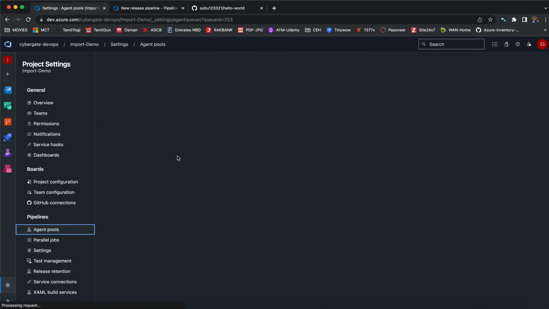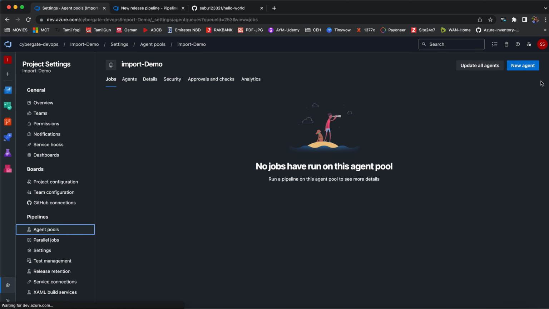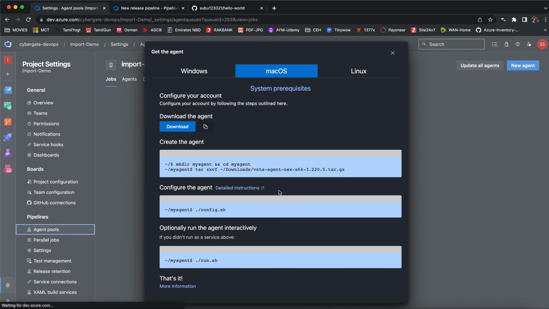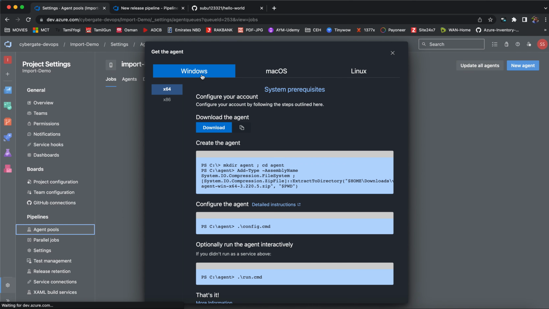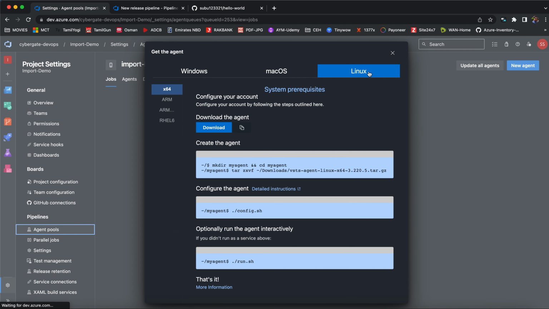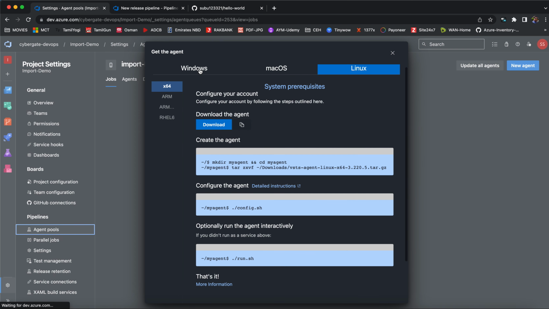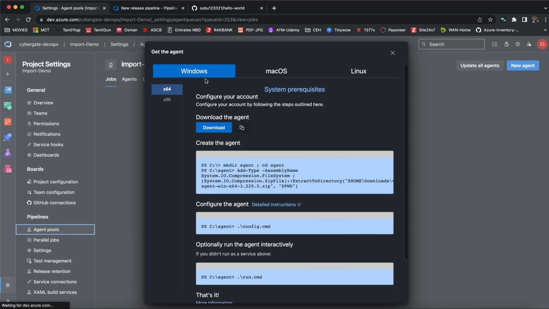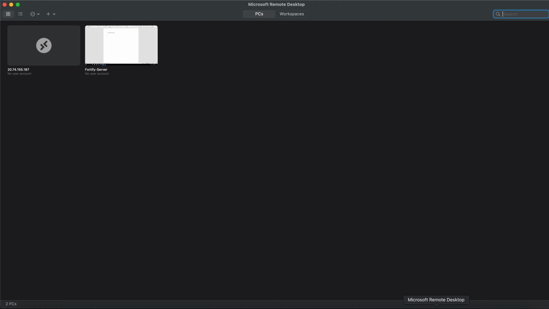Once you click on this, you will have an option over here to add a new agent. Click on that, and this will show you the steps. If you are going to go with Windows, these are the steps. You have to download the agent and run these particular commands. If it is going to be Mac, then these are all the steps. If it is going to be Linux, then these are all the steps. So for me, I need it for Windows, so I'm clicking on this, and I'm choosing x64, the 64-bit operating system. I'm copying this particular URL, and then I'm going to my virtual machine,